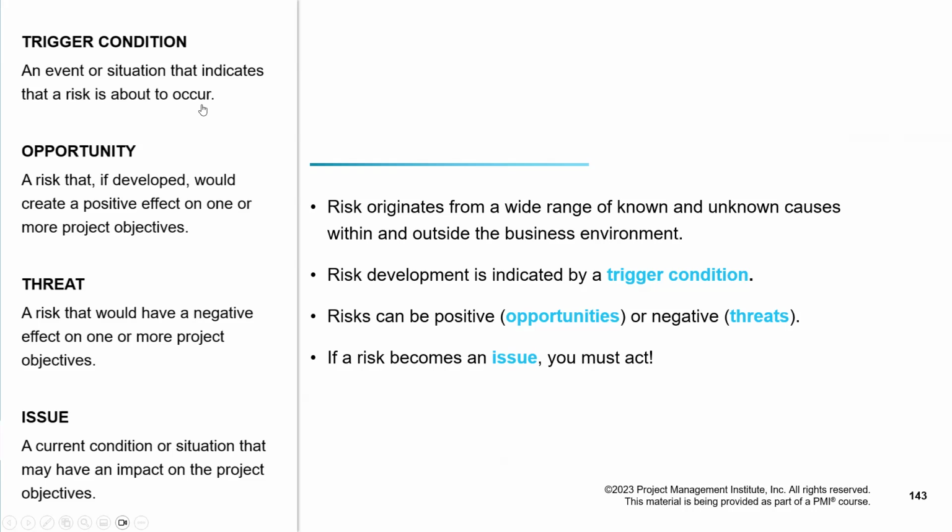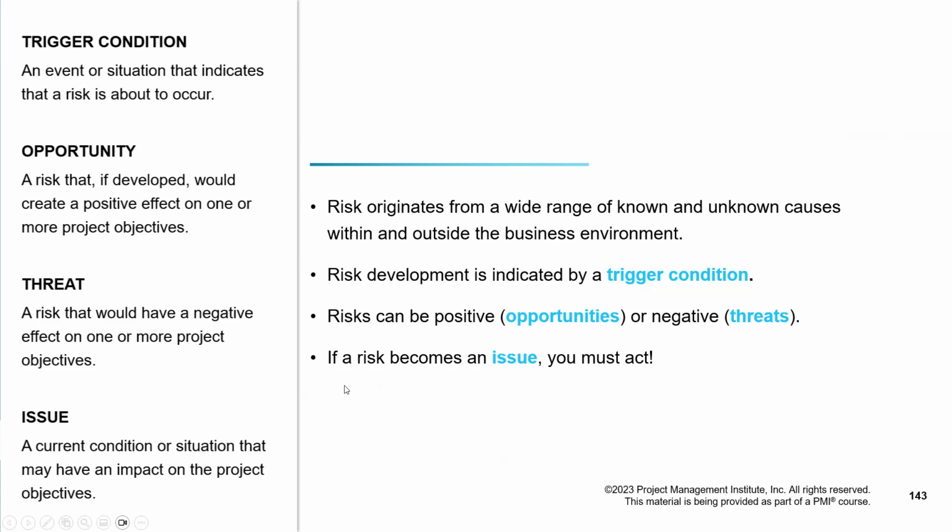For example, what could be a trigger condition for rain? How would we know that it is now about to rain? The sky, yeah. It is cloudy, it is windy, or something like that. That could be a clear indication that if on the morning of 23rd March we see that there are clouds in the sky, we should start taking precautions, right? Whatever response we have created will be triggered. But remember, a risk is a risk when it has not yet occurred.